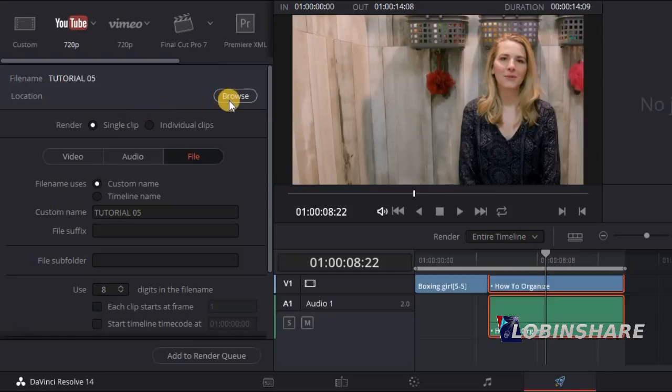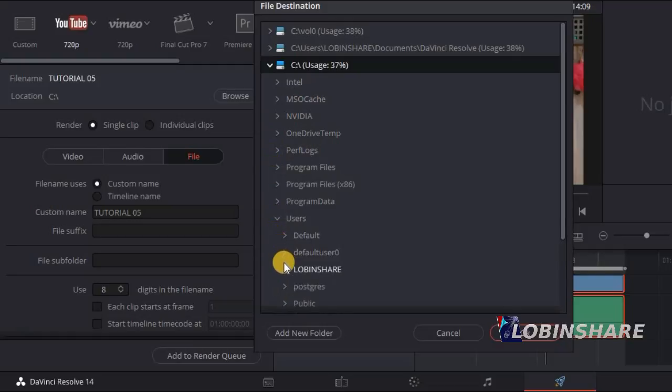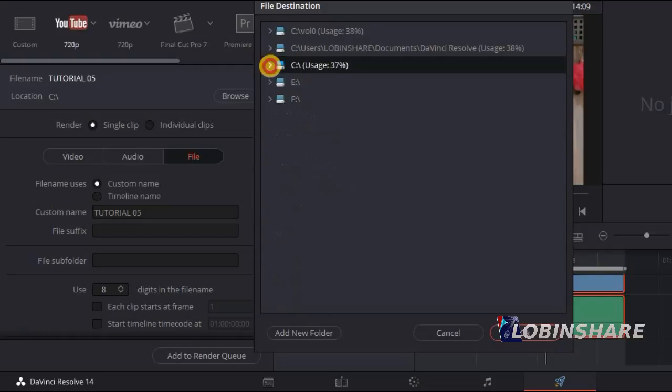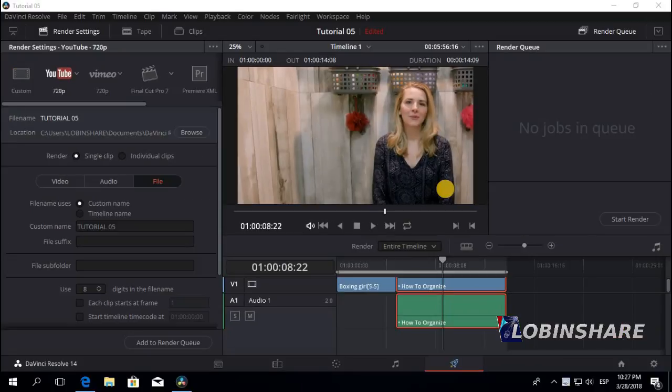We click here on Browse, and you can select any folder you want to use in your computer. But actually, DaVinci Resolve has a preset folder. When you install the program, it creates a folder named DaVinci Resolve in your Documents folder. That's the default folder. Let's use this one. You click on OK. So for YouTube, select the YouTube preset, pick the resolution, and